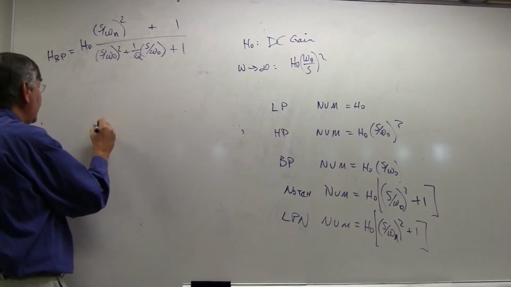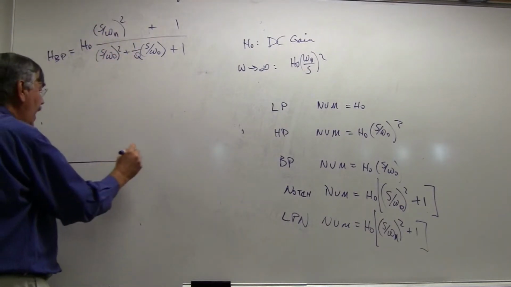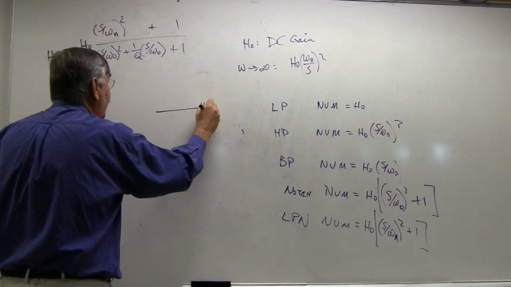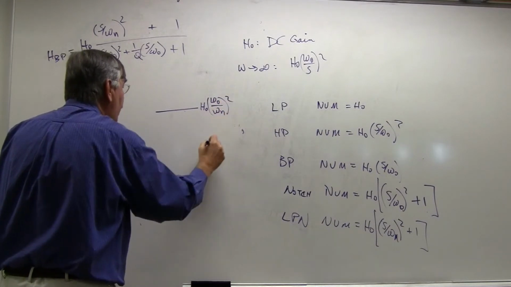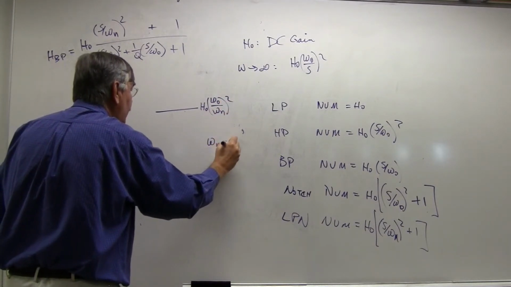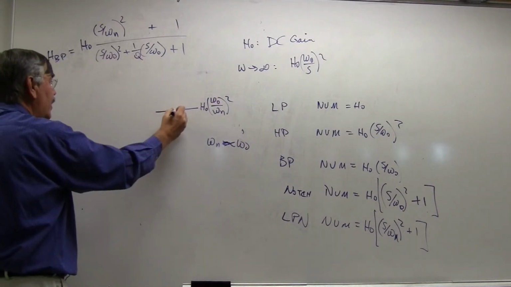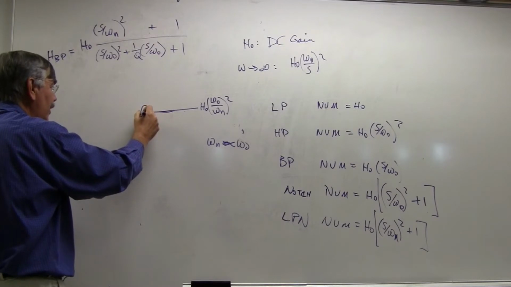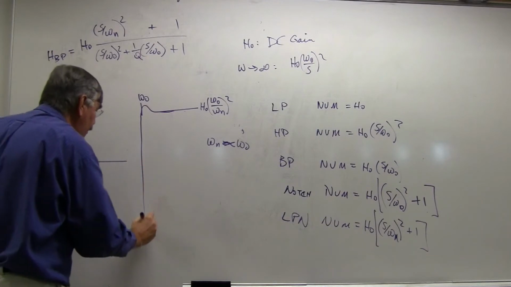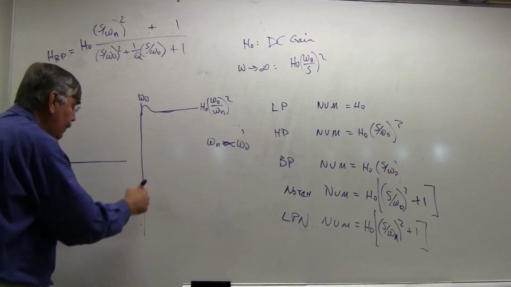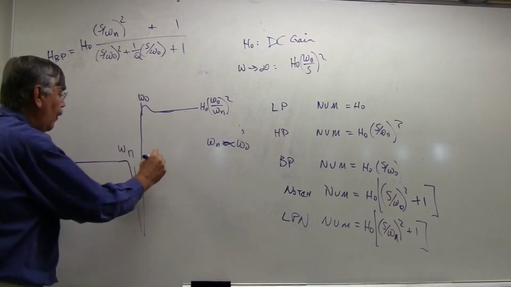So if we do a high pass notch function, at low frequencies it is H0. At high frequencies it is H0 times omega 0 over omega n quantity squared, but I'm going to now let omega sub n be less than omega naught so that this thing is higher than this. As we come down in frequency, we'll have potentially a little bit of peaking close to omega naught, and then this thing has to hurry and go down really fast, so this is very selective, very steep here, as it tries to find the frequency omega sub n. So this is a high pass notch,